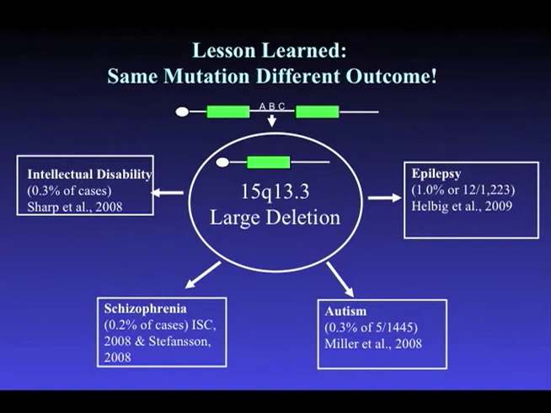So think about this for a minute. Even though this is individually rare in each one of these diseases, the impact of this deletion alone is huge with respect to the health burden in society, affecting schizophrenia, epilepsy, autism, and intellectual disability. So this isn't the only one, and I won't bore you with all the details. There were other ones, such as a deletion of 1q21, which was as variable in terms of its outcome, associated also with schizophrenia, developmental delay, and in that particular case, congenital heart defects as well as cataracts in children.